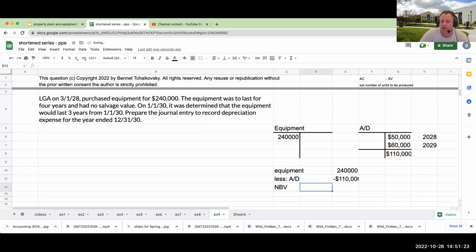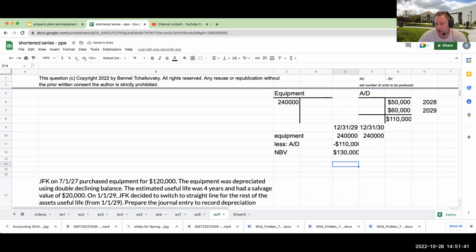My net book value over here is going to be 130,000. It now tells me that from this point going forward, so this is going to be 12/31/29, it's going to be lasting for 3 years. So what I'm going to go ahead and do is say, okay, my carrying value of my equipment